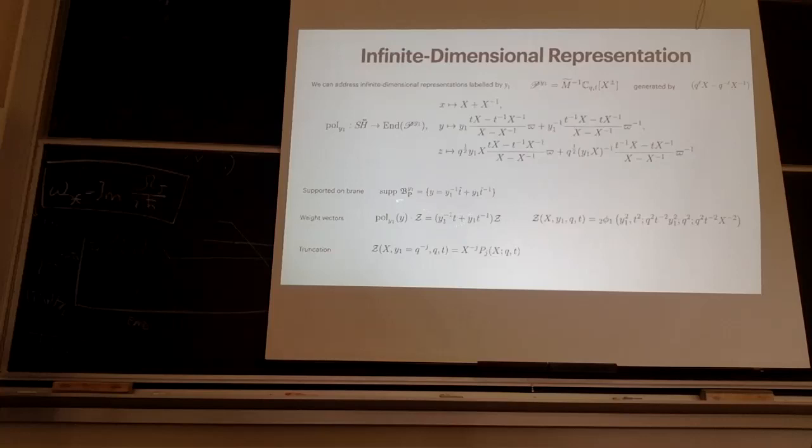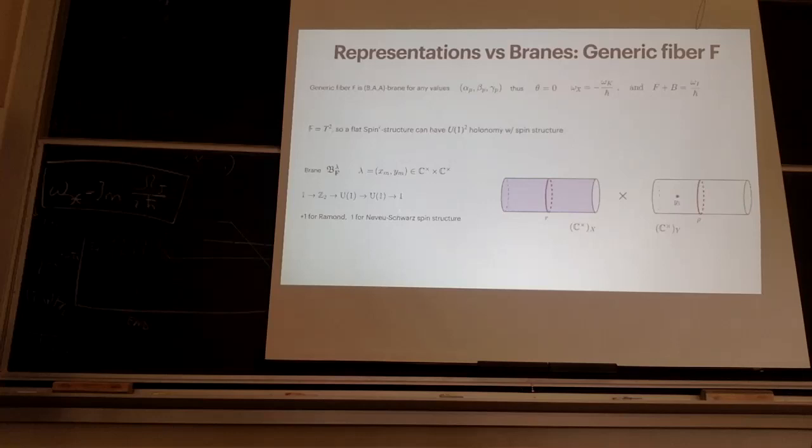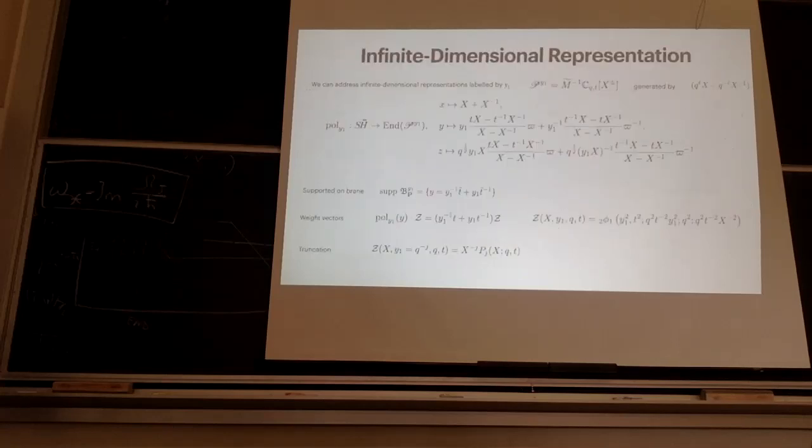So my brane is supported. The brane corresponding to this polynomial representation P is supported over here, basically under this value, right? And if I truncate this, I get back to my polynomial. So it turns out that by picking different spin structures, I can... Can you go a little slower? I'm not following. Okay, so I want to describe various polynomial representations that arise from taking a Lagrangian, which is